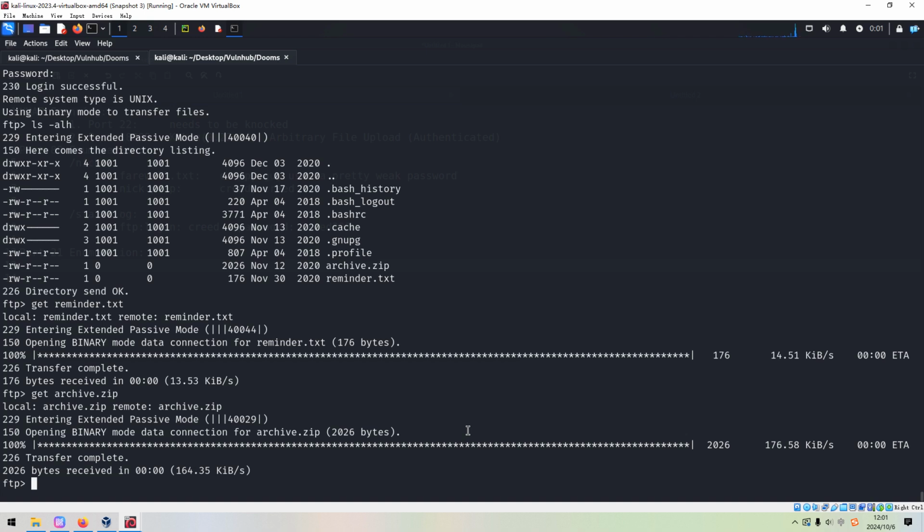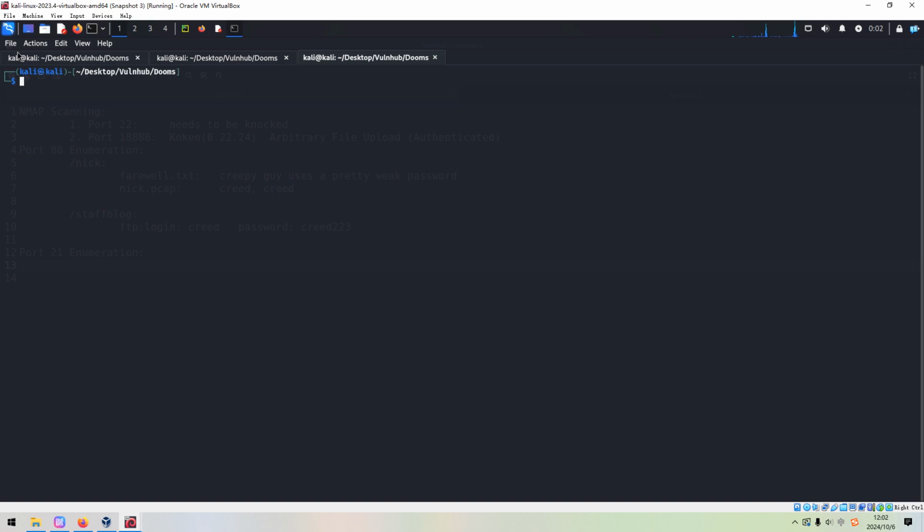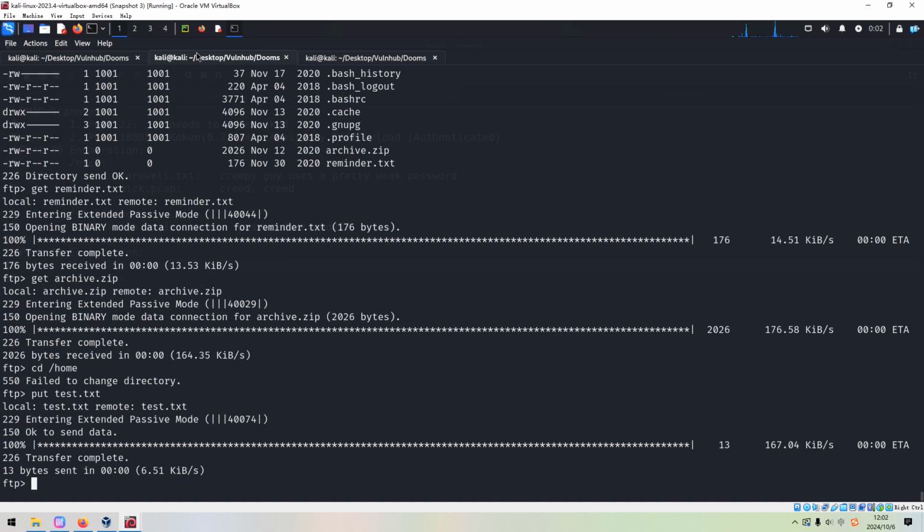Also, we need to check whether we can navigate across different locations. Failed. Next thing, we need to check whether we can upload files. We can use the command put test. We can.